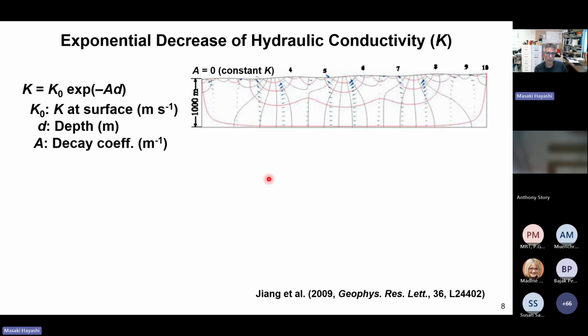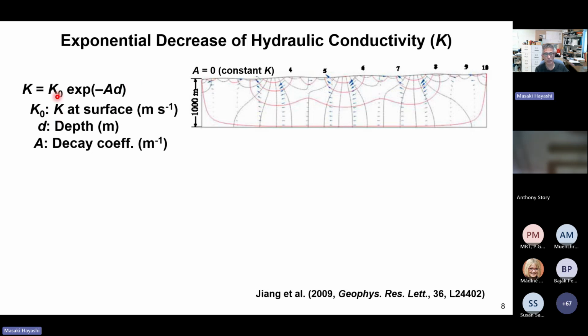What we need to note is the magnitude of the flow vectors. The flow vectors are larger near the surface and smaller at depths of a kilometer. But even at a kilometer, the flow vectors still have significant magnitude. And then they put in this exponentially decaying